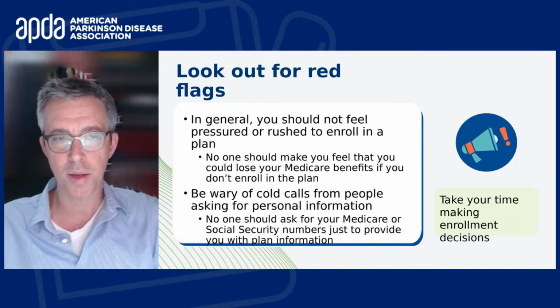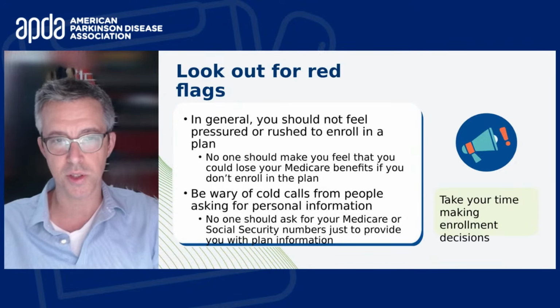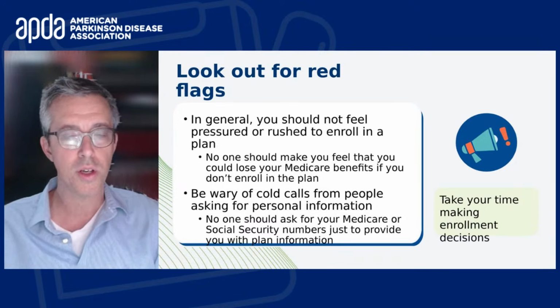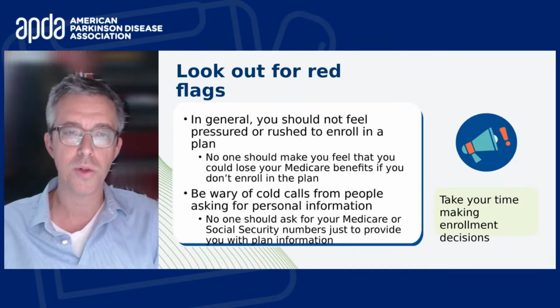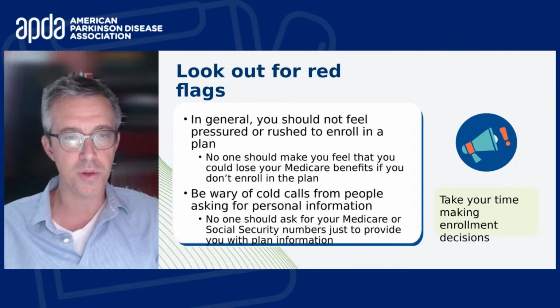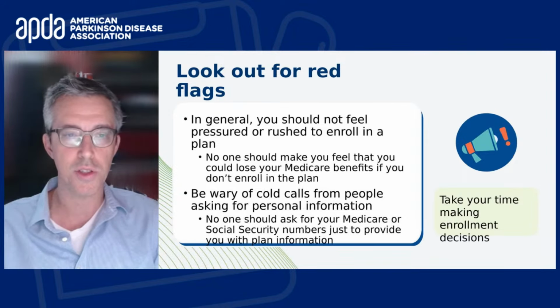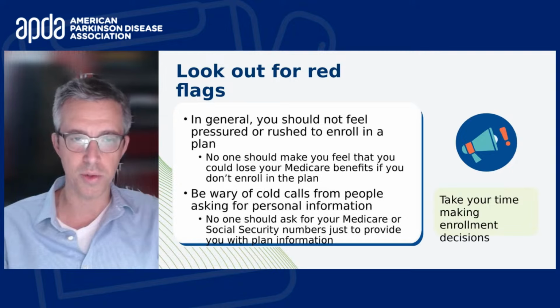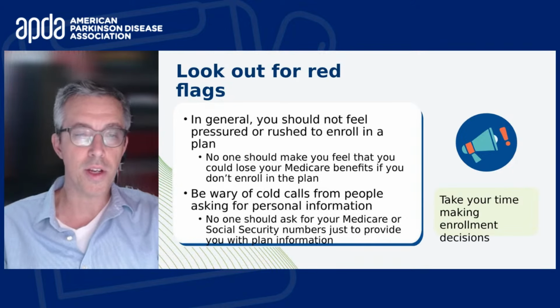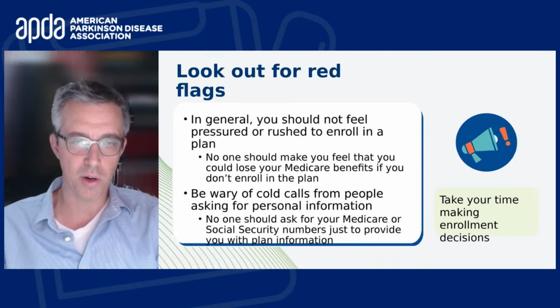So take your time making enrollment decisions in the ways we discussed. Use your Medicare Plan Finder tool. Call 1-800-MEDICARE to review different plans. Look at the evidence of coverage. Get to know exactly what your plan is and what you want it to do differently, and then go about consciously choosing a better option.